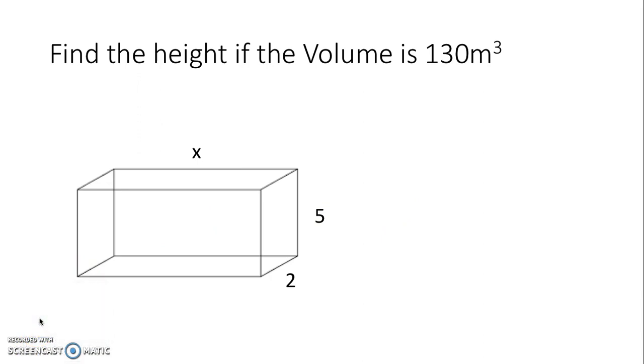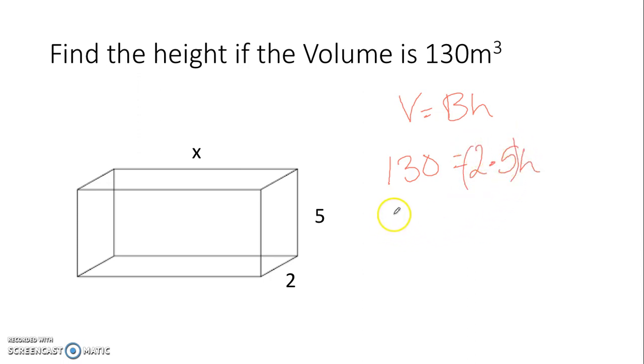So if the volume is 130 meters cubed, let's fill it in the formula. V is equal to the area of the base times the height. So volume is V. 130 is equal to, okay, the uppercase B, remember, is the area of the base, and the area of the base in this rectangle is 2 times 5, times the height, which is just h,